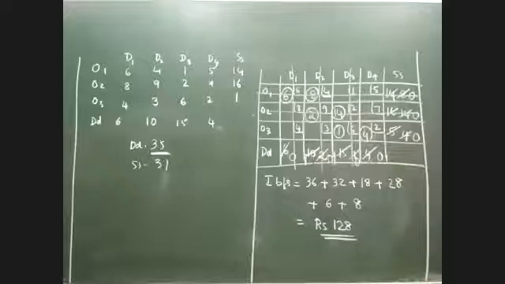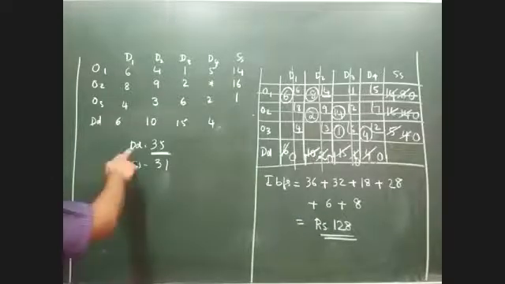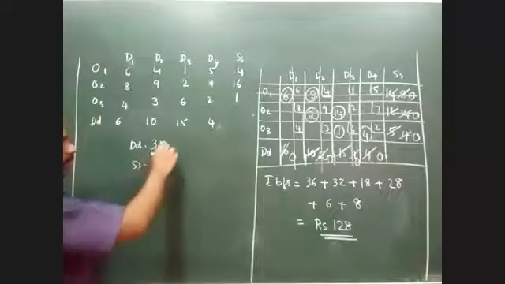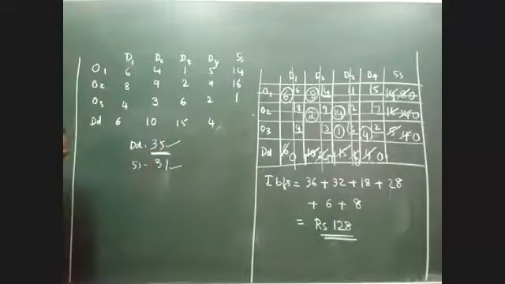Now the point here is the demand is larger than supply, because demand is 35 and supply is 31. So it very clearly demonstrates that there is a deficit in supply and a surplus in demand. As per the northwest corner rule method or any method in transportation, please remember, whether we are solving the northwest corner rule method, least cost method, or Vogel's approximation method, the way we convert an unbalanced problem to a balanced problem is the same in all three methods.